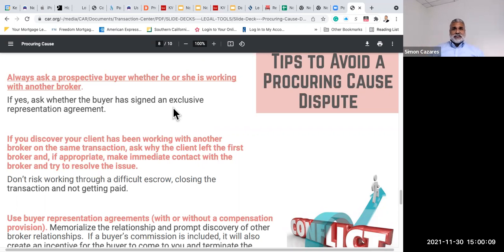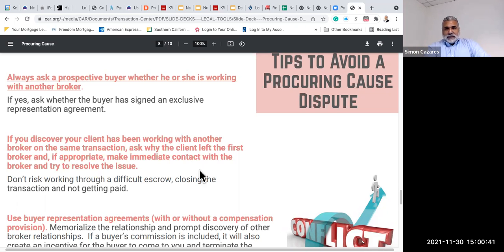Agent to agent conversation. You're not going to be in a transaction, whether you represent the buyer or the seller, and call the seller when you don't represent the seller, right? "Hey, Mr. Seller, by the way, this is Simon with Keller Williams. Just wanted to let you know your agent let me reach out to you regarding concessions." That's just not the way it works, right? We go through and we speak with the agent. That's why we have licensed agents involved in these transactions.